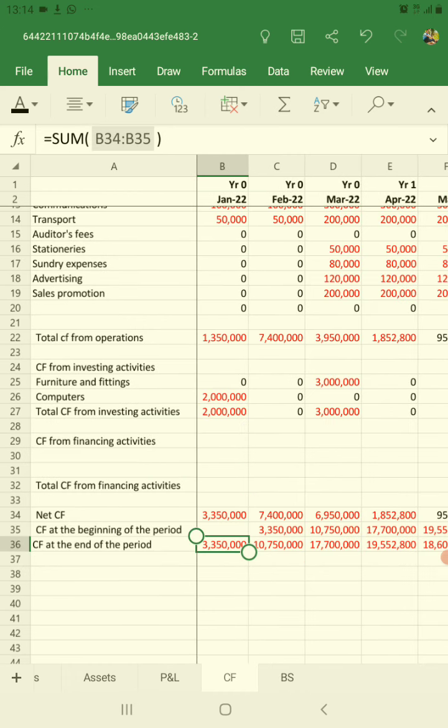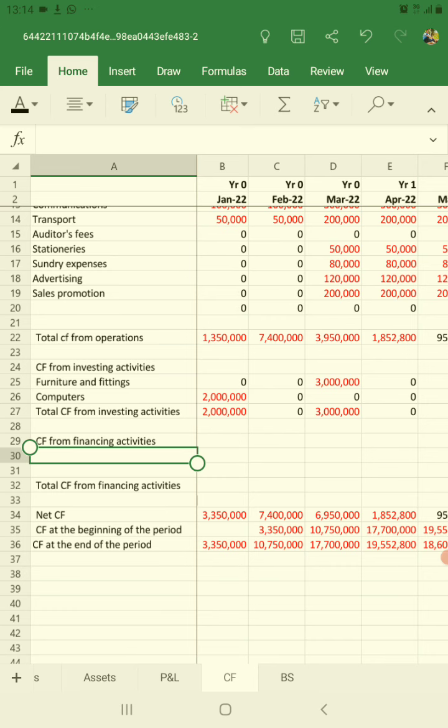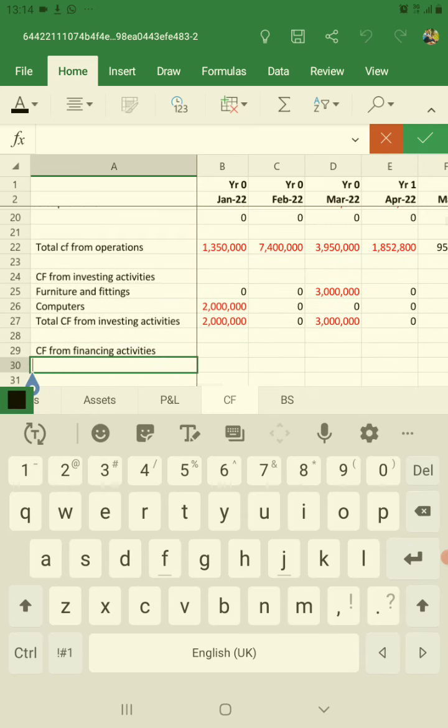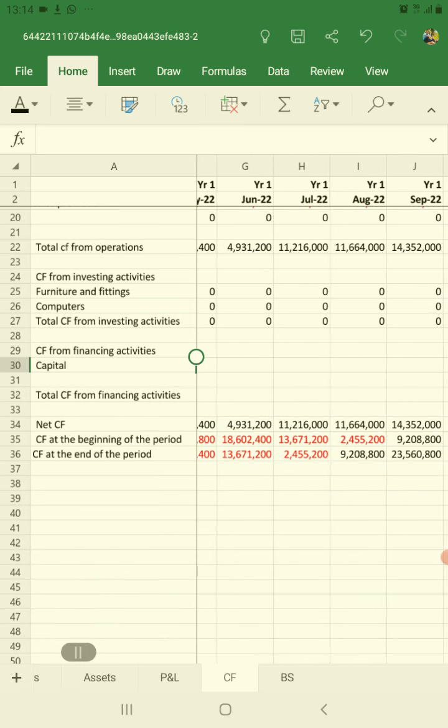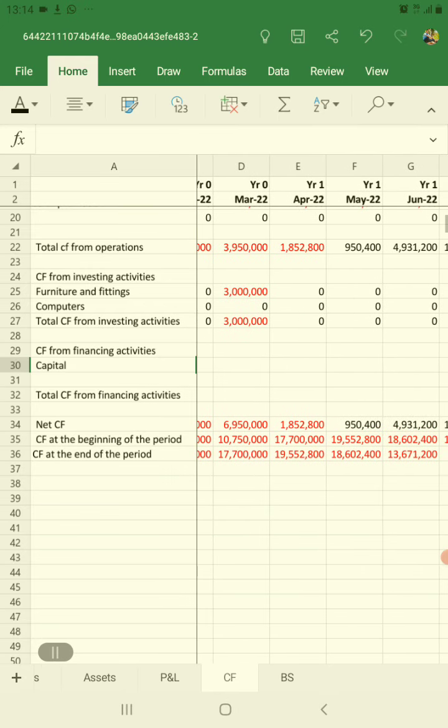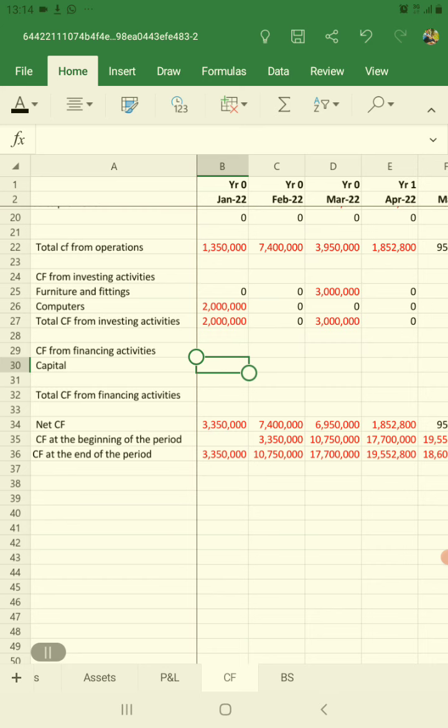Now, how much do we need to put as capital? That will cover cash flow from financing activities here. So let me double tap here to write capital. How much should we inject so that we remove this negative cash flow? We see the figure start from 3.3 million in January, grows to 10.7 million in February, grows to 17.7 million in March,